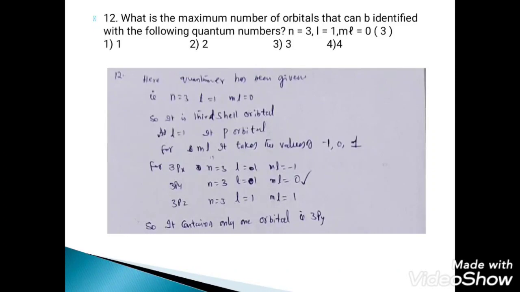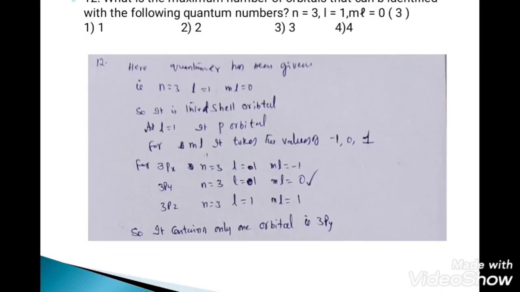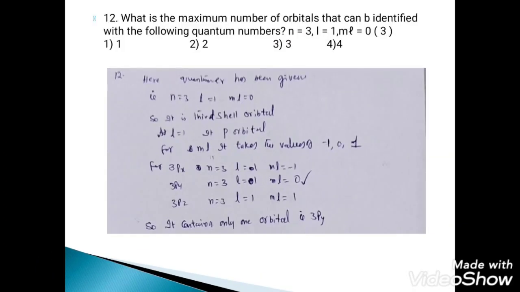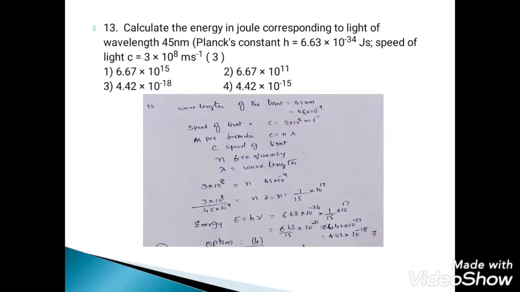So as it is shown in this problem, as per the question given, it contains only one orbital, that is py. So option is 1. Now coming to the 13th question: calculate the energy in joule corresponding to the light wavelength